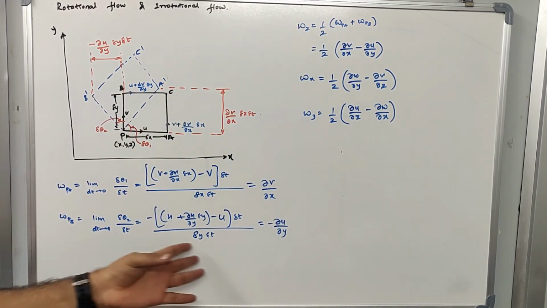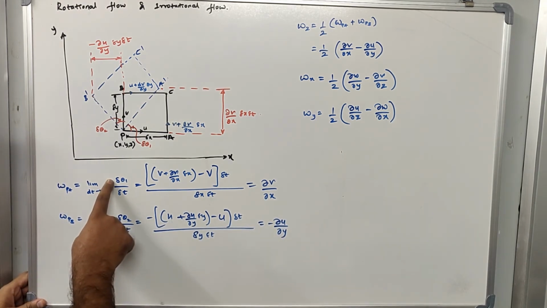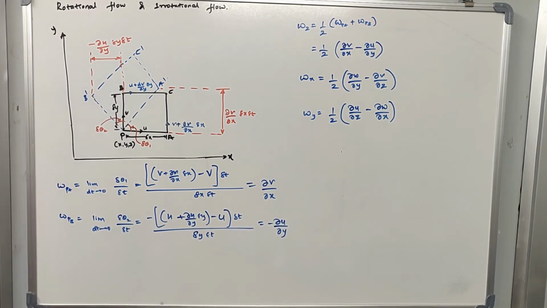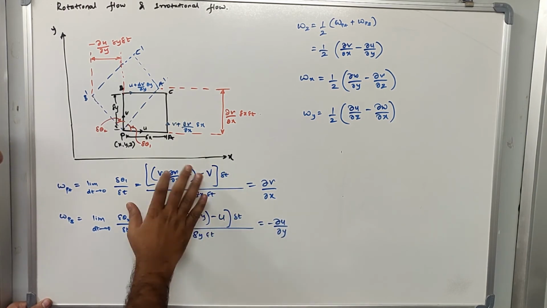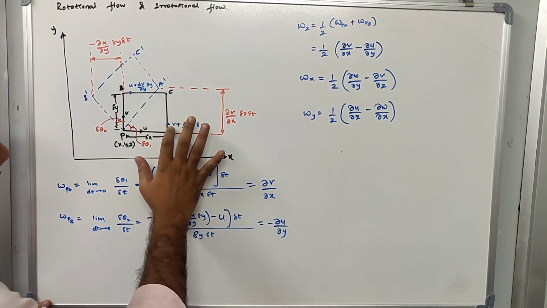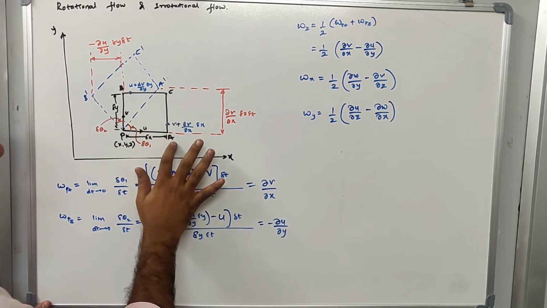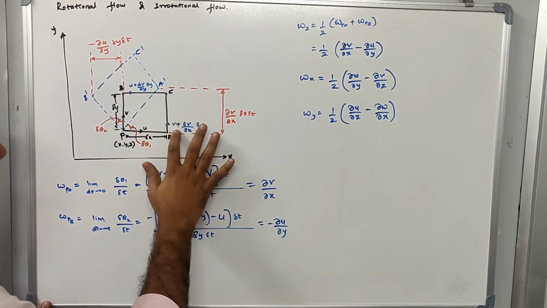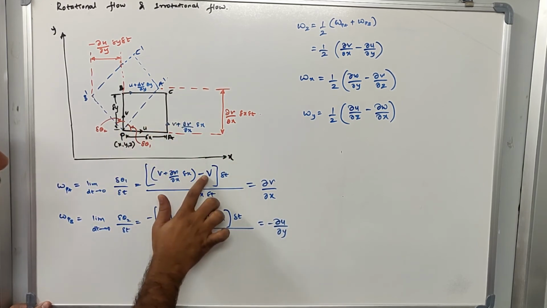First we'll try to identify what this equation is. I'm trying to find the change of theta 1 with respect to time, and the change of theta 2 with respect to time. Now let us define this equation. To do so, I'll see how much the velocity is at point A and how much it was at P. The velocity at point A is v plus dou v by dou x into delta x. At P, the velocity was equal to v.